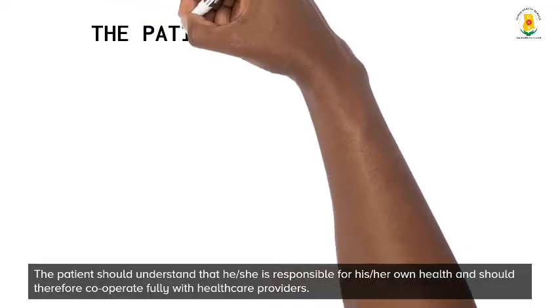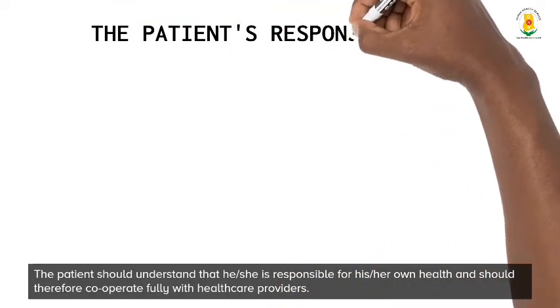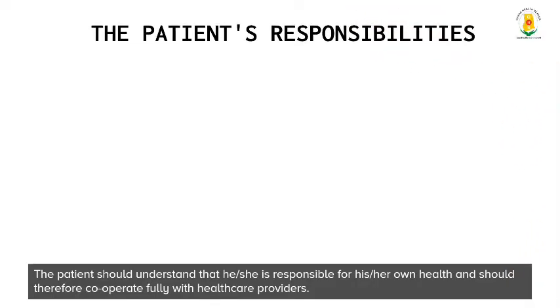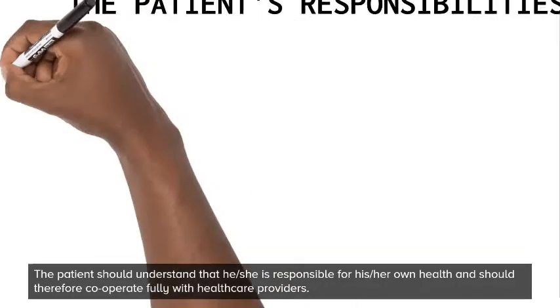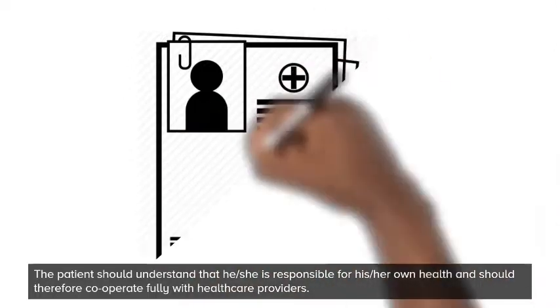Let's talk about the patient's responsibilities. The patient should understand that he or she is responsible for his or her own health and should therefore cooperate fully with healthcare providers. The patient is responsible for providing full and accurate medical history for his or her diagnosis,